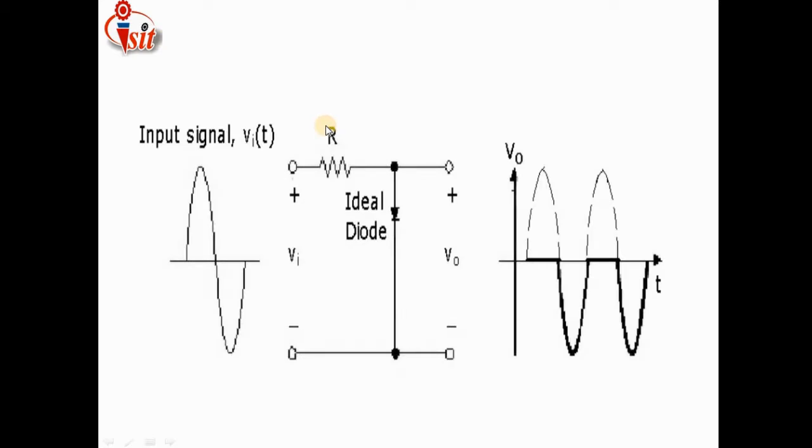This is the input and output waveform related to the previously discussed theory. See here, an ideal diode is connected in parallel with the input resistance. Here the input voltage is applied along the positive and negative terminals, and the output is observed here. The output we get is a clipped output: the positive cycles are totally clipped, and only the negative cycles appear. Just see, the input given is a sine wave, and in the output the positive part is totally clipped.